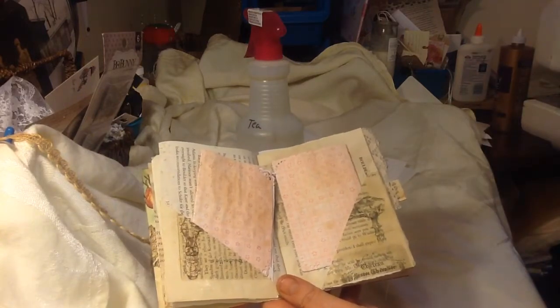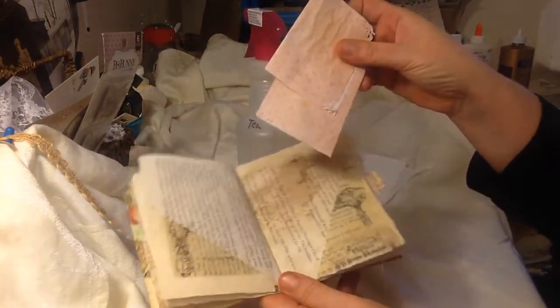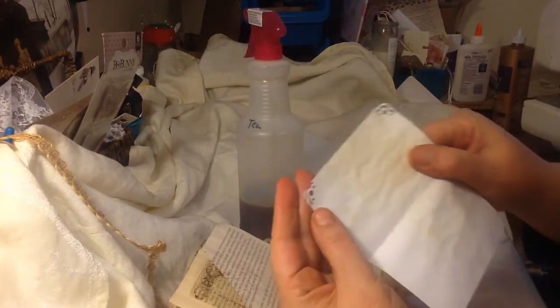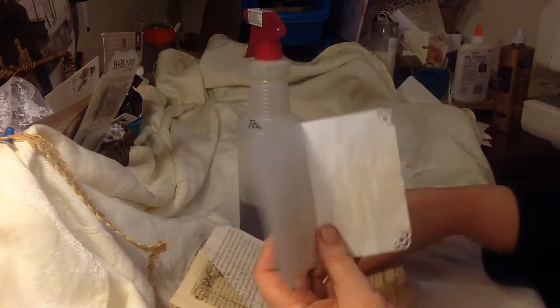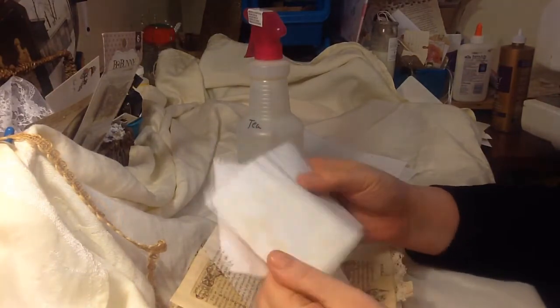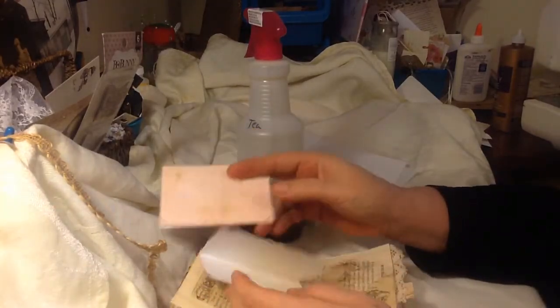And so here comes the next thing. We got these little tuck spots right here. And look at these corners. Can you imagine selling a product like this? Look at what Fiskars does. Can you stand it? I can't. Look at this mess of a deal. But I'm using it because it's a junk journal and it's okay. But I'm going to go shove it, you know, when I go tomorrow. They can take it all back. But anyways,